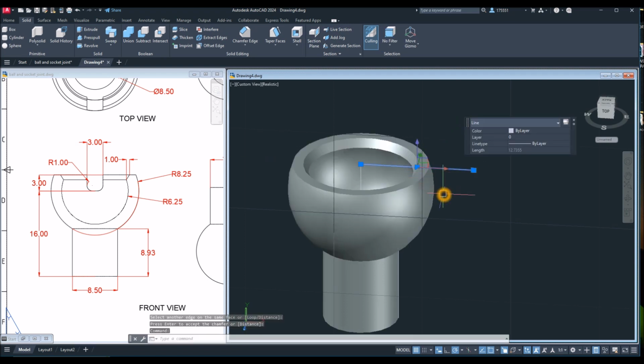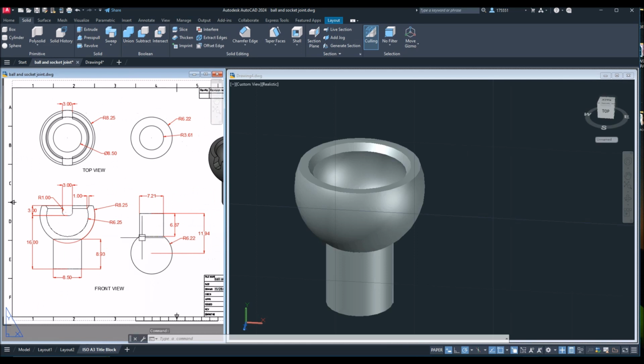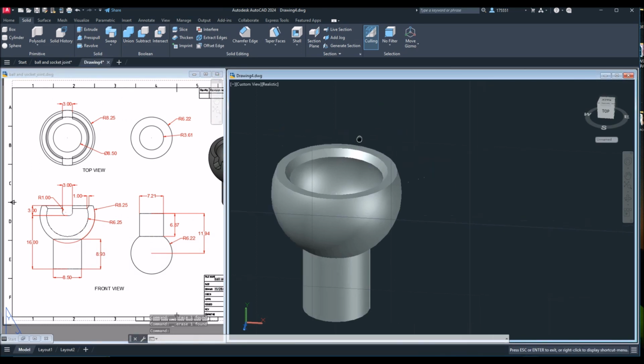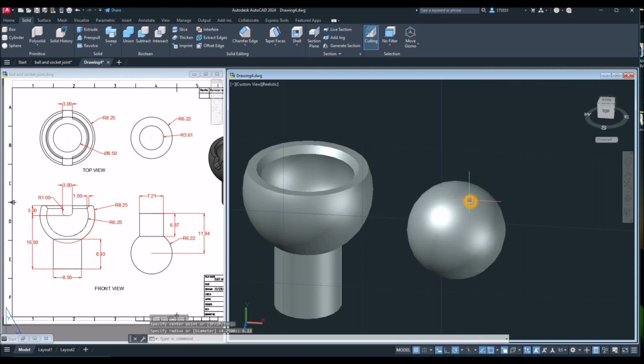I'm just going to delete those, delete this one. Now the next thing I'm going to draw is this one here. This is a socket, this is the ball. So another sphere, click anywhere on the screen, and for the radius enter 6.22. And another